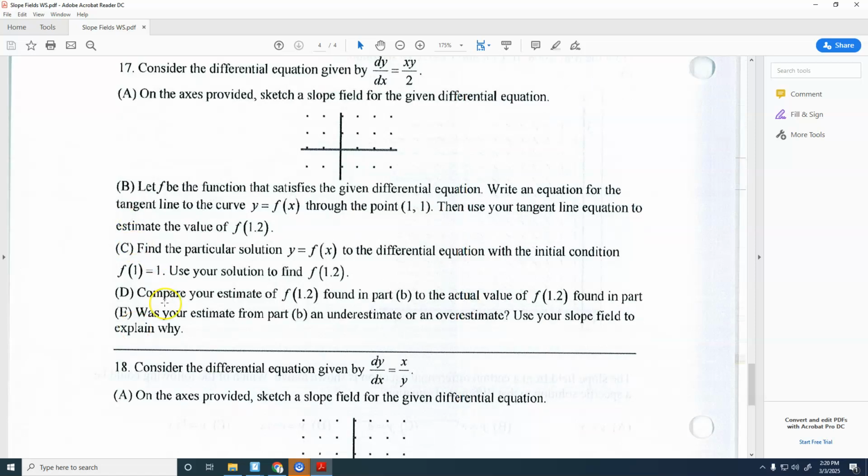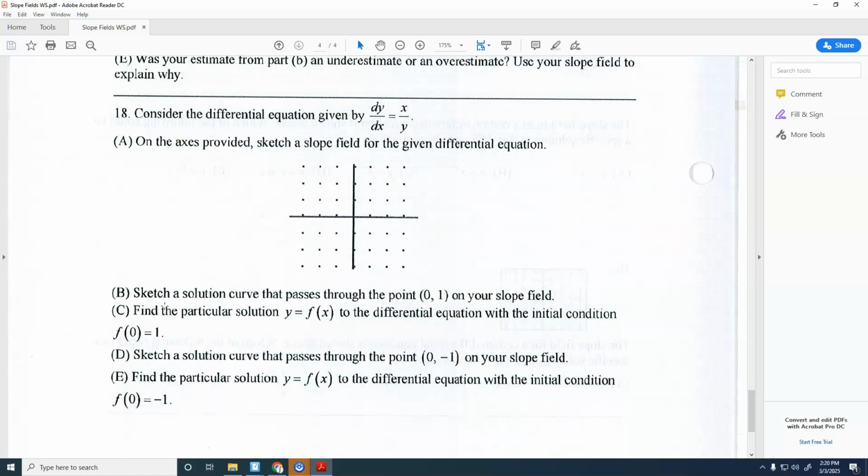You cannot do C, D, or E. And on 18, you cannot do C. You could still do D. You can still sketch that particular solution even if you don't know what it is. Okay, and you can't do E either for that. So let's take a few minutes and